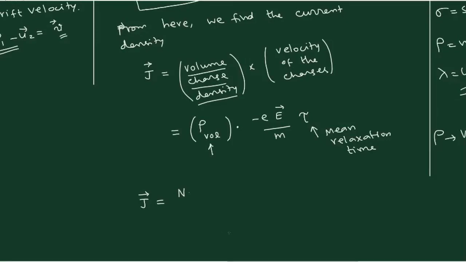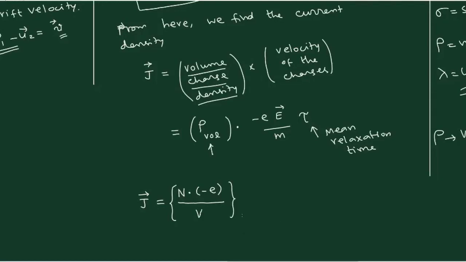It is a number of charges, so N into minus e. That many number of charges are there, divided by volume. Why do you want to divide this? Because it is density. Density means divided by volume. So volume of the cable, or volume of some kind of a thick, voluminous conductor. So this expression is what is known as the rho volume.